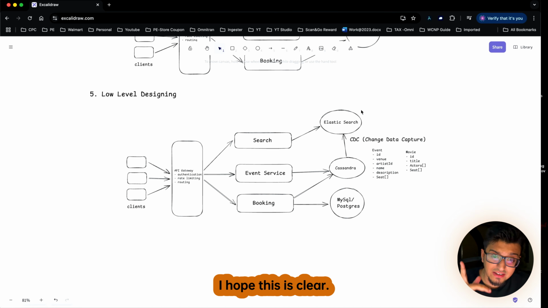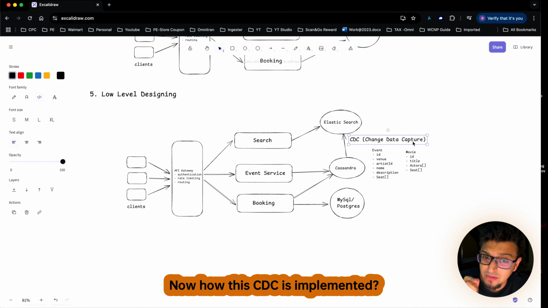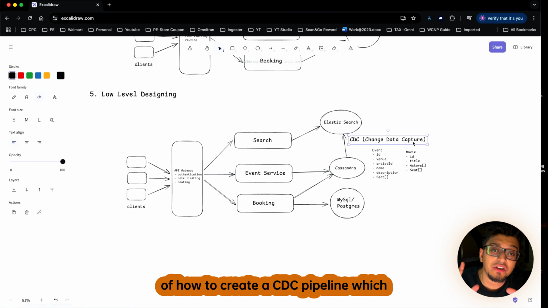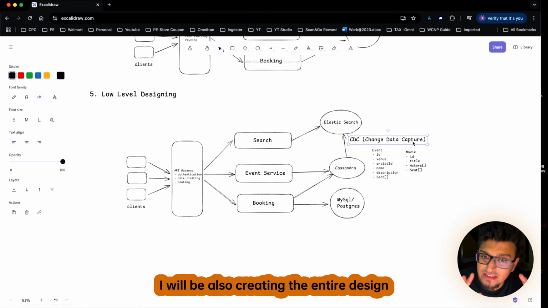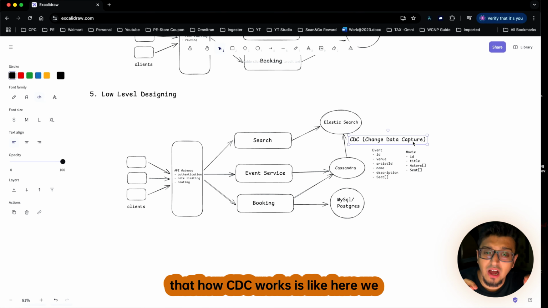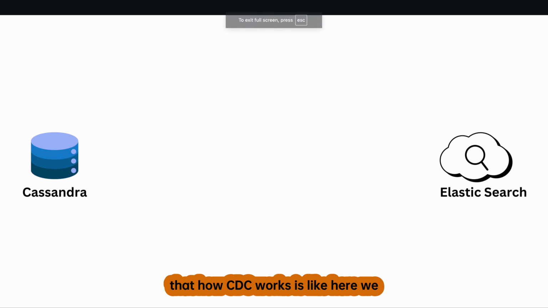I hope this is clear. Now, how this CDC is implemented, believe me, is itself a huge implementation of how to create a CDC pipeline, which I will also be creating the entire design structure of very quickly. But just to give you a heads up on how CDC works, here we have the